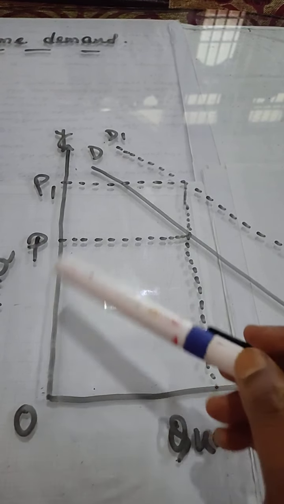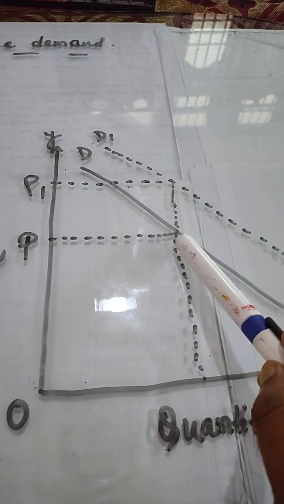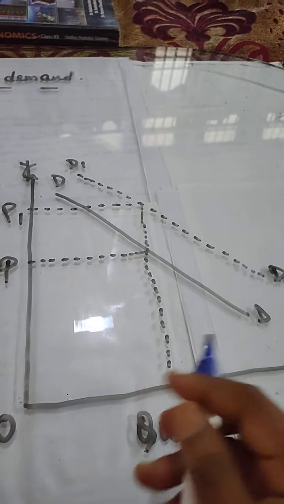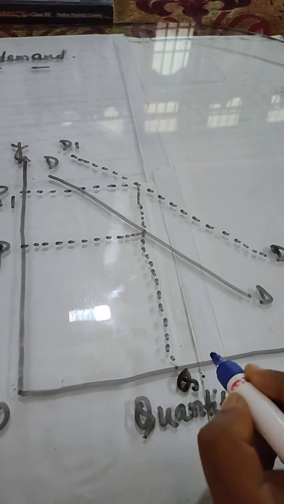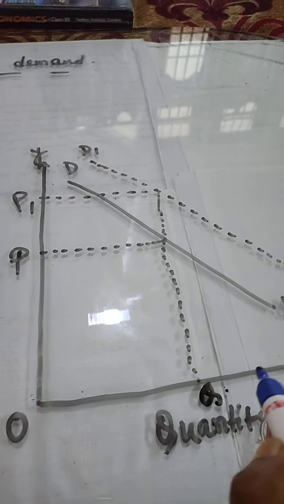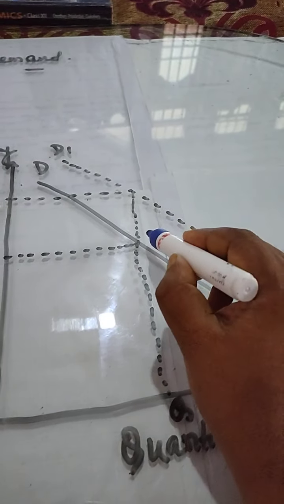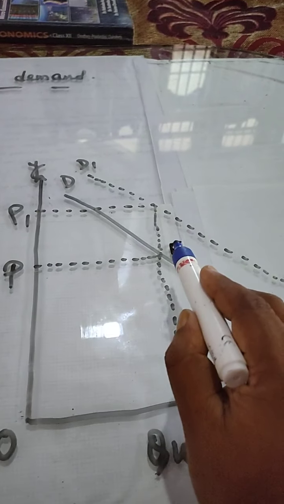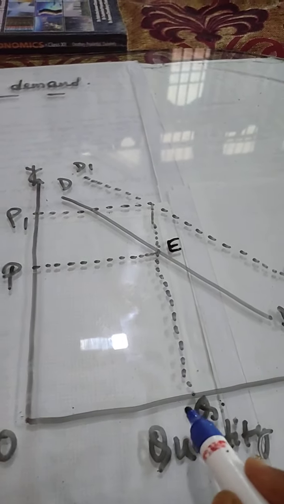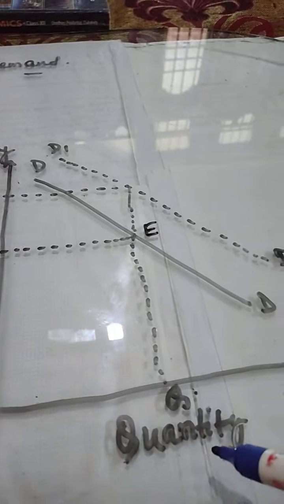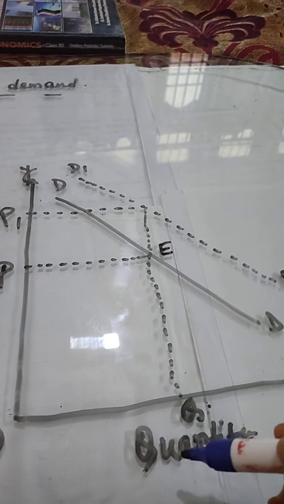You see the situation here. The initial price of the commodity is OP, and at OP price the amount of quantity demanded is OQ. So this is the normal situation in the DD demand curve. DD is the demand curve and this is the point E. At point E, the amount demanded for the commodity is OQ and price is OP. Now the demand for the commodity, or the number of consumers in the market, increases. As a result,